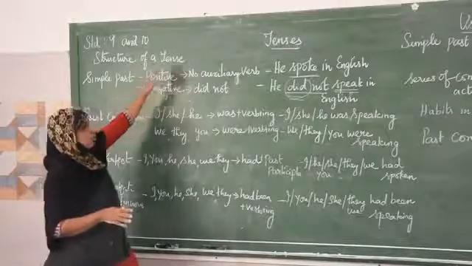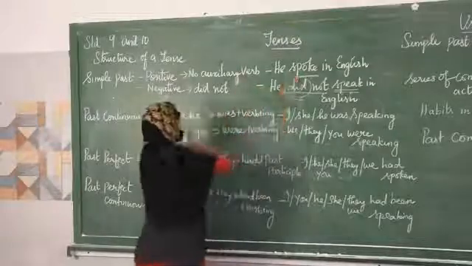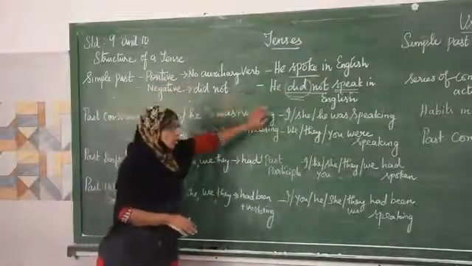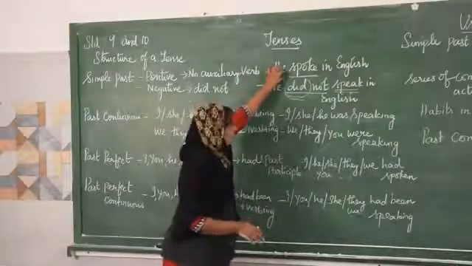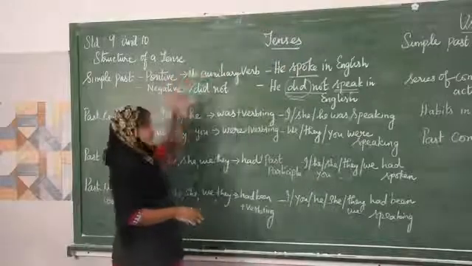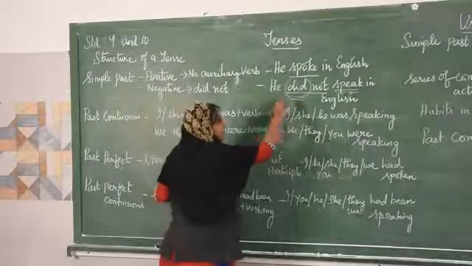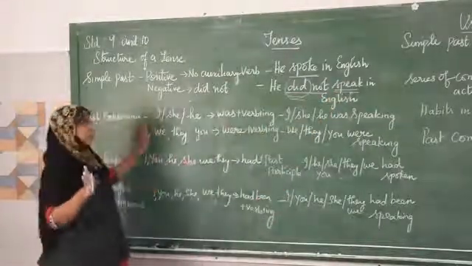In positive form, no need of auxiliary verb. Only the main verb is necessary here. Whereas for the negative sentence, you have to add did not. Okay, whenever you are using the main verb spoke, when you are changing this into a negative sentence, you have to add the auxiliary verb did. And this main verb should be in simple present form there.